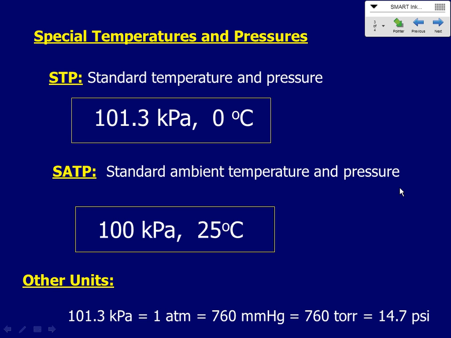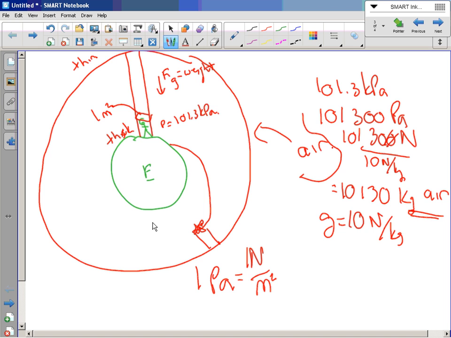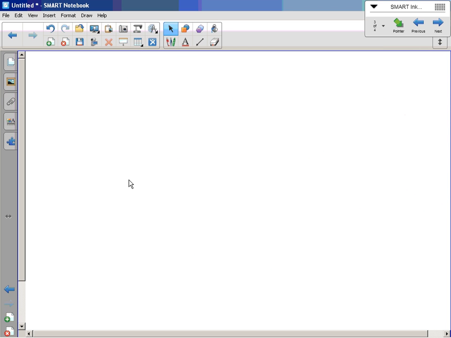760 millimeters of mercury. That has to do with the way we used to measure pressure. All right? Let me just talk a little bit about the way we used to measure pressure here. Let me add another page right here just for a second. Original barometers were actually made out of columns of mercury. If you had a bowl of mercury, this is the way the first barometer was invented by a scientist by the name of Torricelli, which is why our other unit is called the torr.